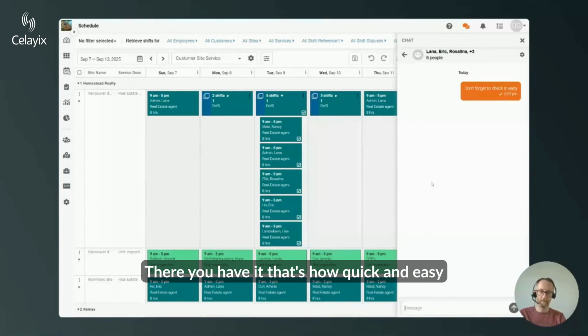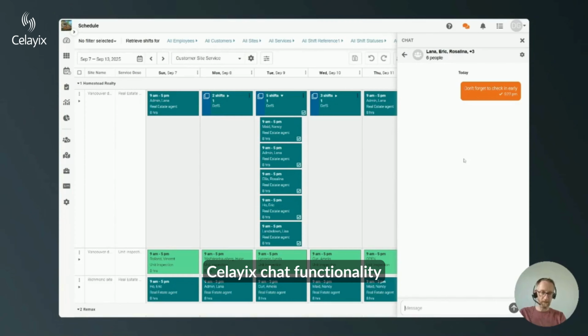There you have it. That's how quick and easy it is to create a group chat in the new Celayix chat